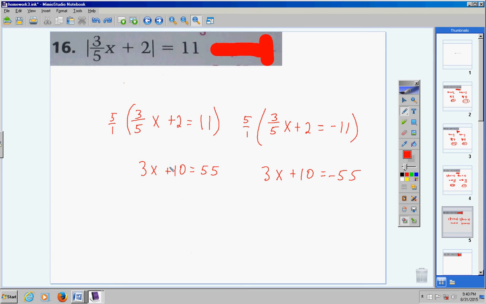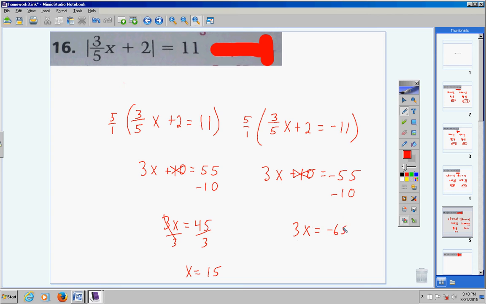Okay, bring your positive 10 over and make it a negative 10. So we're left with 3x equals 45. Next, we're going to divide both sides by 3. These cancel. 45 divided by 3 is 15. There's one answer. Now, bring your positive 10 over, make it a negative 10, and you're left with 3x equals